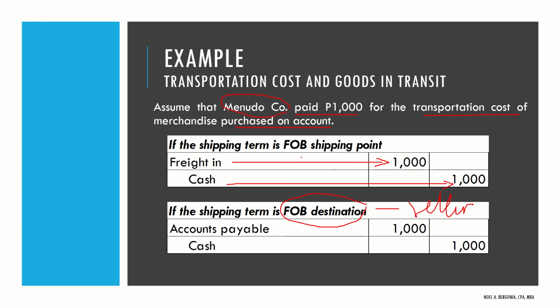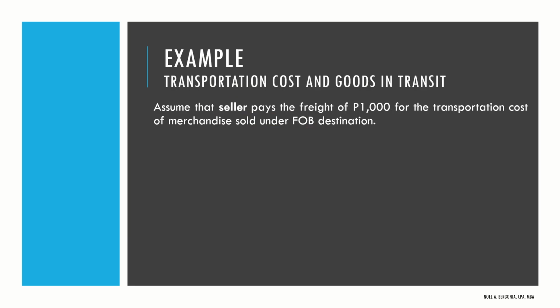Para nagkaroon tayo ng FOB destination, freight what? Collect. Okay, so ang nangyari, dahil nga po si seller yung dapat magbayad and tayo yung nagbayad muna, nag-abono, so in this case, ikakaltas na natin sa utang. So we debit accounts payable and credit po tayo ng cash. Okay, so again, this is FOB destination, kaya ang dapat magbayad si seller, pero tayo yung nagbayad as Menudo, so naging freight collect. Okay, so ikakaltas na lang po natin sa utang natin yon. Okay, so are we good? Okay. Basta pag FOB destination, hindi ikaw yung magre-record ng freight ha. Take note of that.